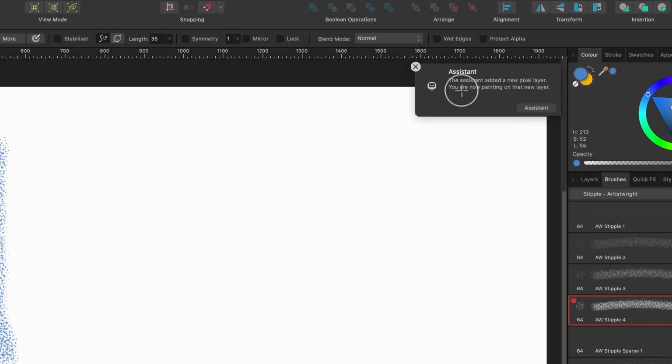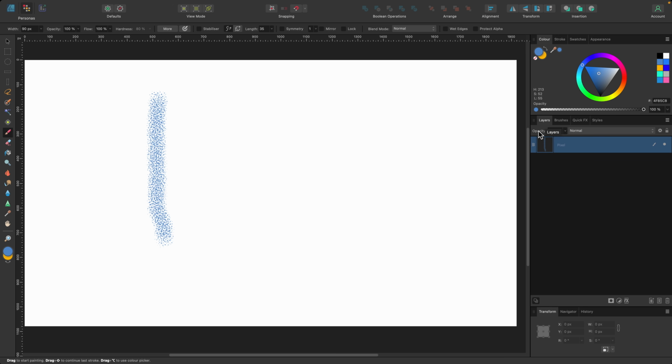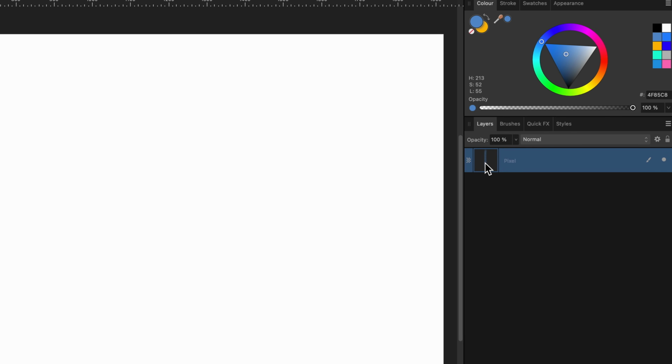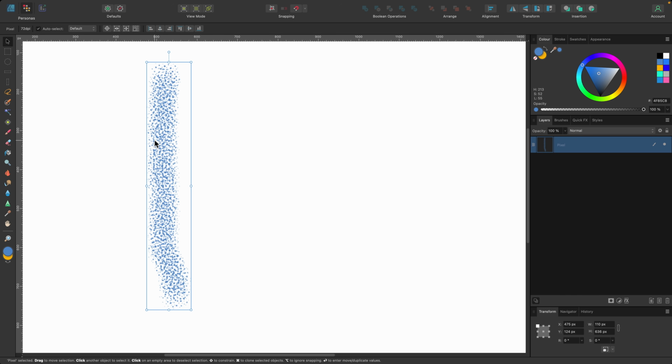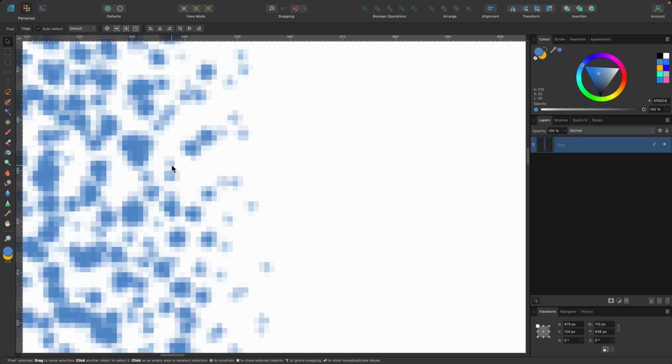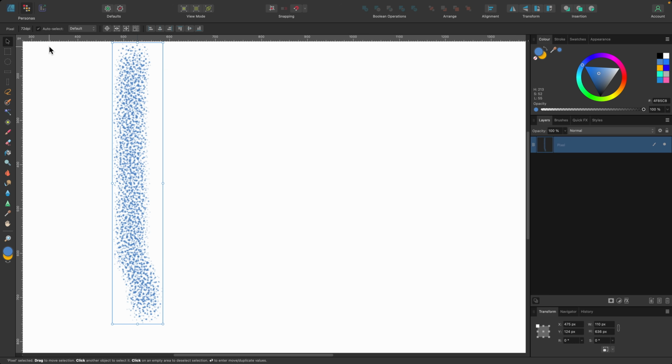And notice how this assistant has popped up here. It says the assistant has added a new pixel layer and you're now painting on that new layer. I can press X on that and we'll just have a look at our layer. So I'm going to head on over to the layers tab and see what we've made. You can see it says pixel right next to it, and there's a little icon here that says it's a pixel layer. So unlike using the brush in Designer Persona, if I just click on V, the move tool, I cannot use the node tool because it's not available in here. So I can't manipulate this the same way I did before. Also, let's zoom in here, and you can see as we zoom in, it's just made of pixels. This is a raster-based brush, because we're in Pixel Persona.